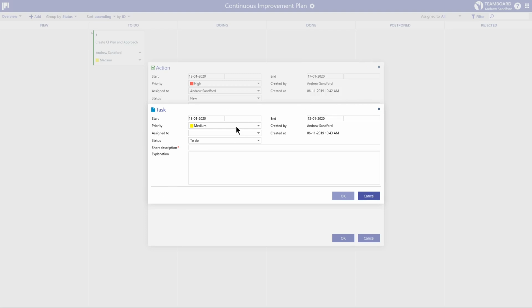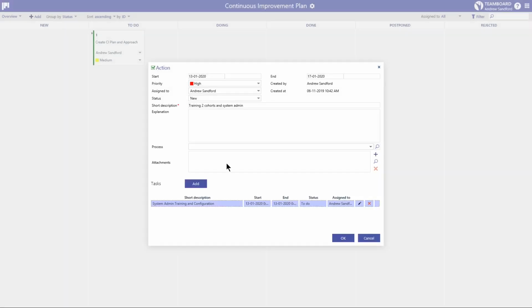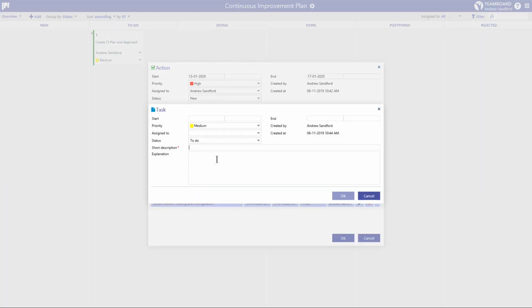Probably easier way to add the dates. First set of training, system admin training and configuration. So half day training the users and understanding their needs, but a half day of that is us practically getting the system set up so you can hit the ground running straight after the training and get full advantage. So I'm just going to add a couple more tasks in here,